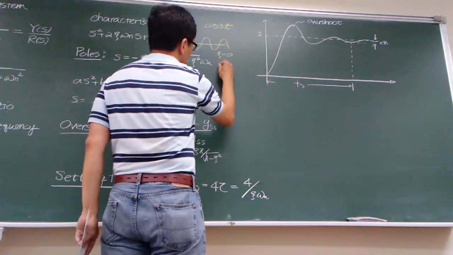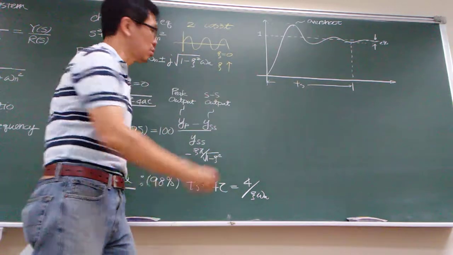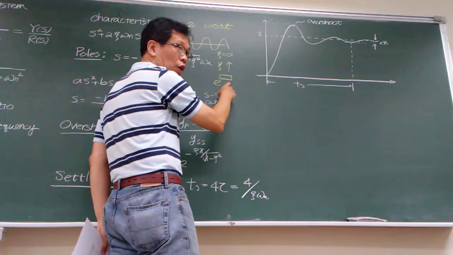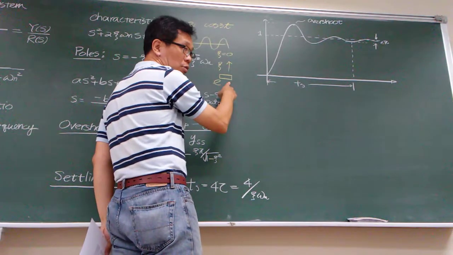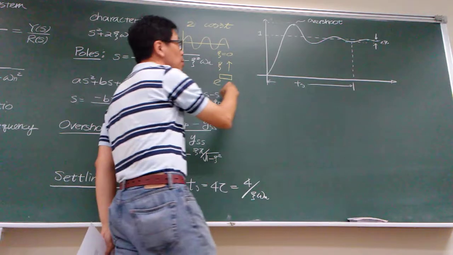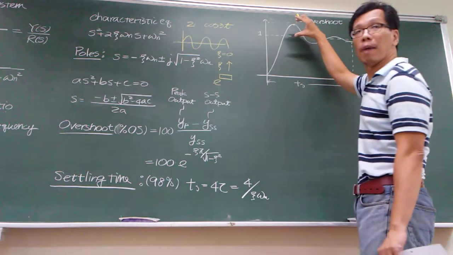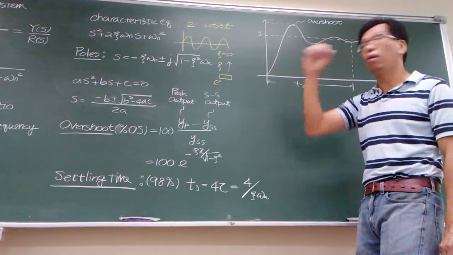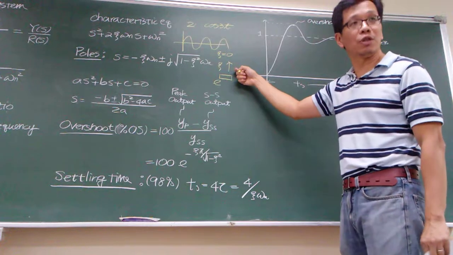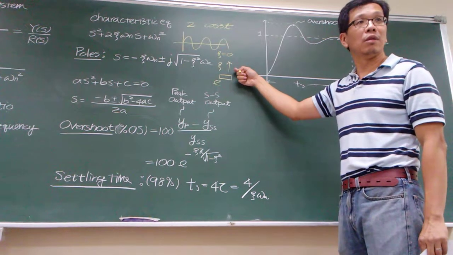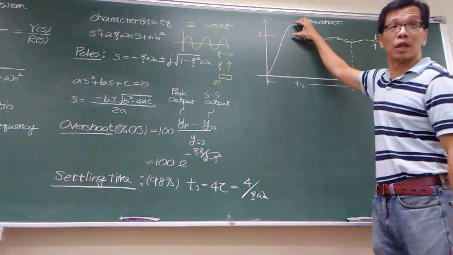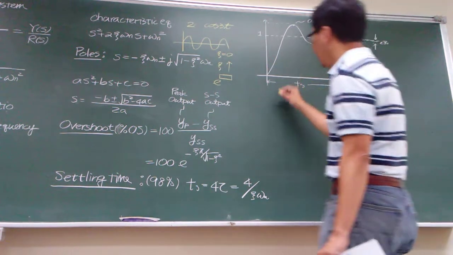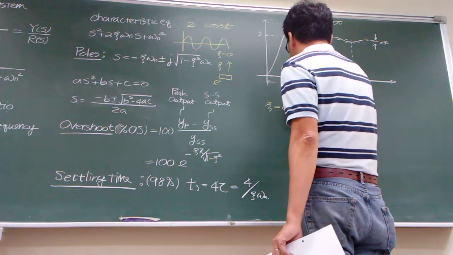But if my damping ratio increases, the exponential term is going to change as well. So when that starts to increase, I'm going to start to shrink my magnitude of oscillation. Does it make sense? So when my damping ratio becomes larger and larger, what happens? The magnitude of the oscillation becomes smaller and smaller. So if I have my damping ratio equal to 0.707,